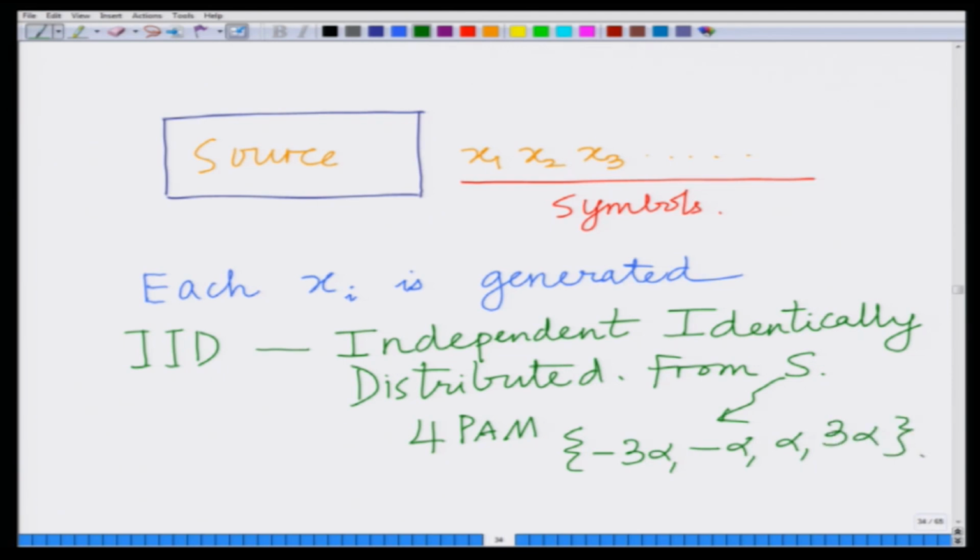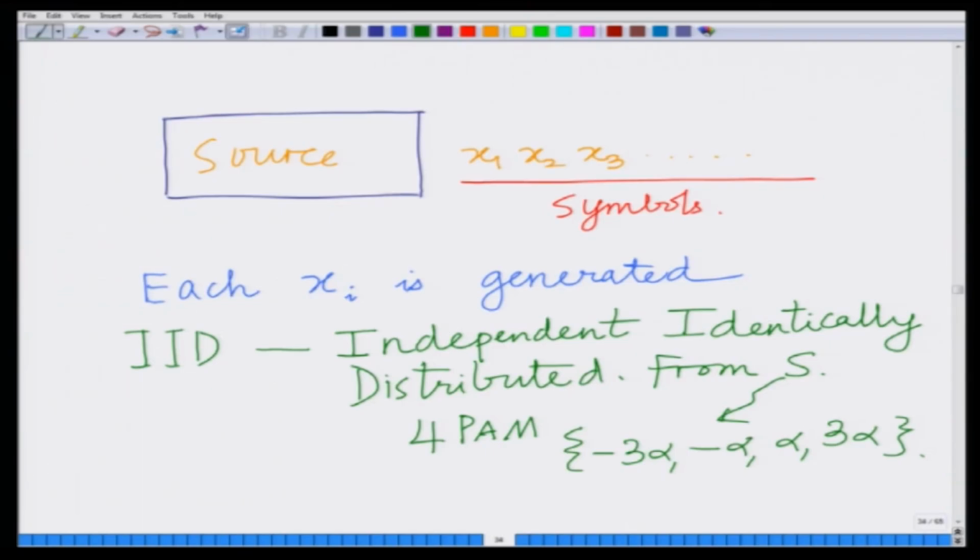So, what we are saying is not only x1 and x2, all of these symbols in a communication system, it is continuously generating a stream of information symbols, right, continuously generating a stream of modulated symbols. We are saying these symbols x1, x2, x3, x4, each of these symbols xi are independent, and not only that, they are identically distributed, each is generated independently and has the identical distribution as the other, in